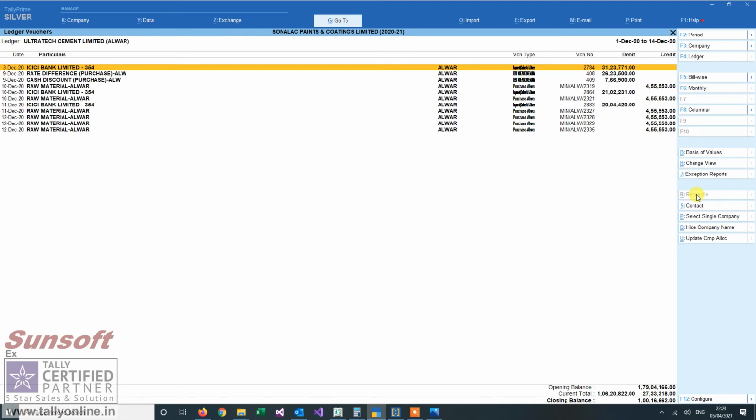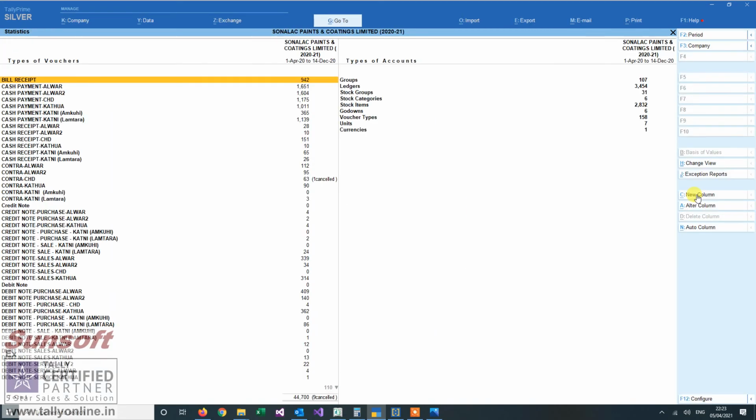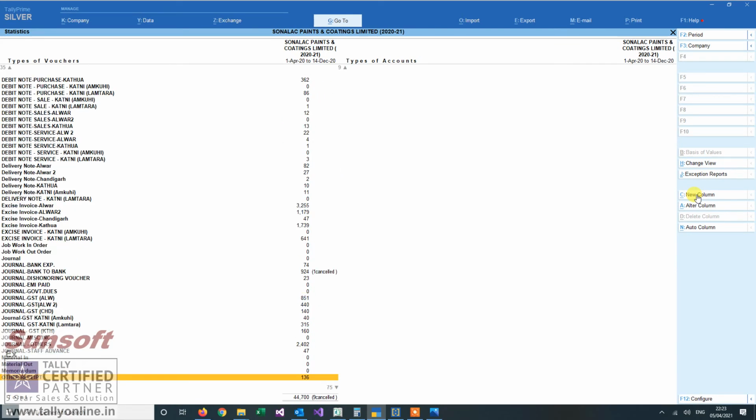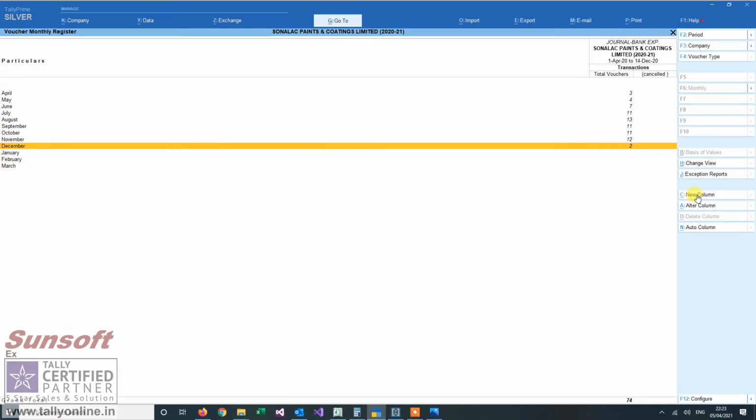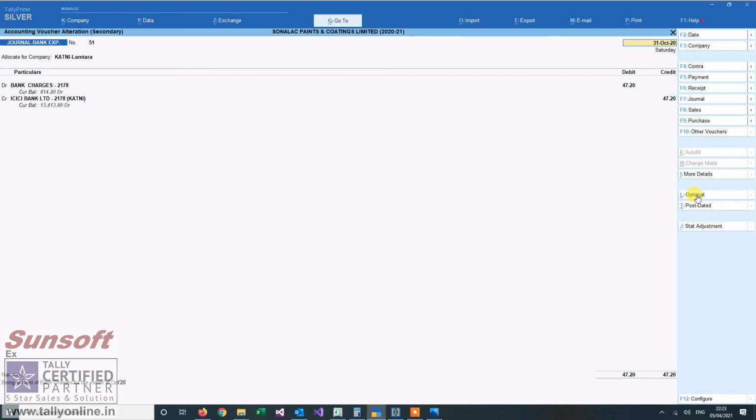Let us see what is there in the general vouchers. I am trying to show you sample data where the bank expenses are there. Now here you see I have bank charges.